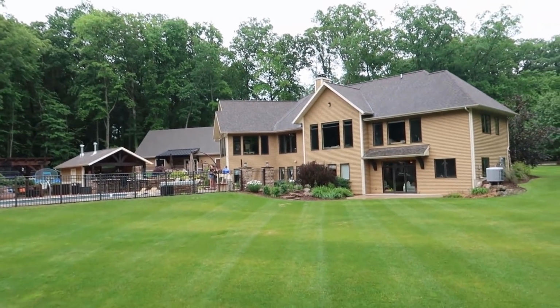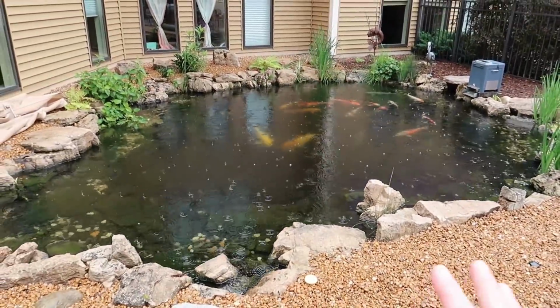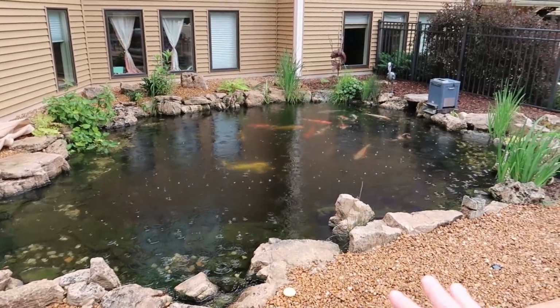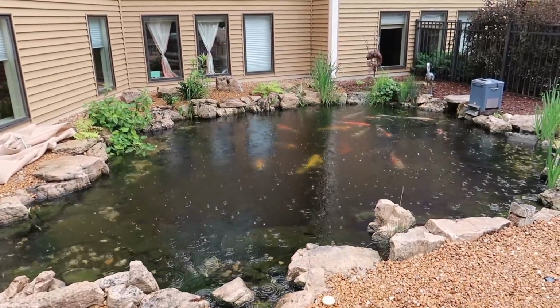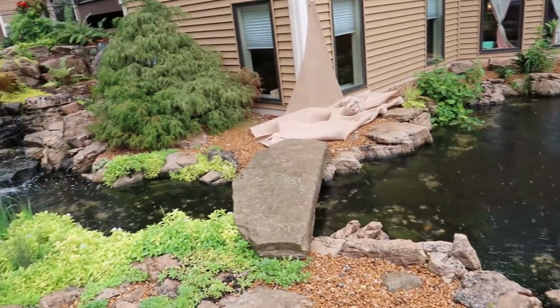Oh boy, this is a little wet. What a compound. So how ironic that we're here at this pond and it's raining, because when we were building this, it had monsoon rains on multiple days. It was really wet and mucky. It was a challenge, but it was well worth it, because look at this awesome water feature that has been